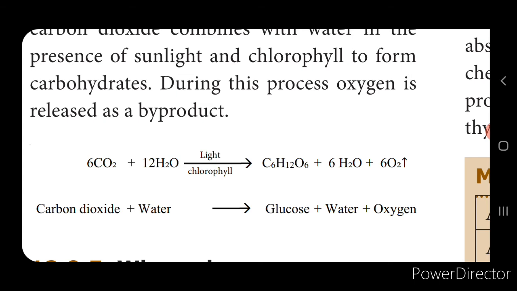The process of photosynthesis consists of two processes. One is the light dependent photosynthesis reaction, which is called the light reaction or the Hill reaction, because it was discovered by Robin Hill. The next one is the light independent reaction, which is called the biosynthetic phase, and it is also called the Calvin cycle. These are the two processes in the entire process of photosynthesis that takes place inside the chloroplast.